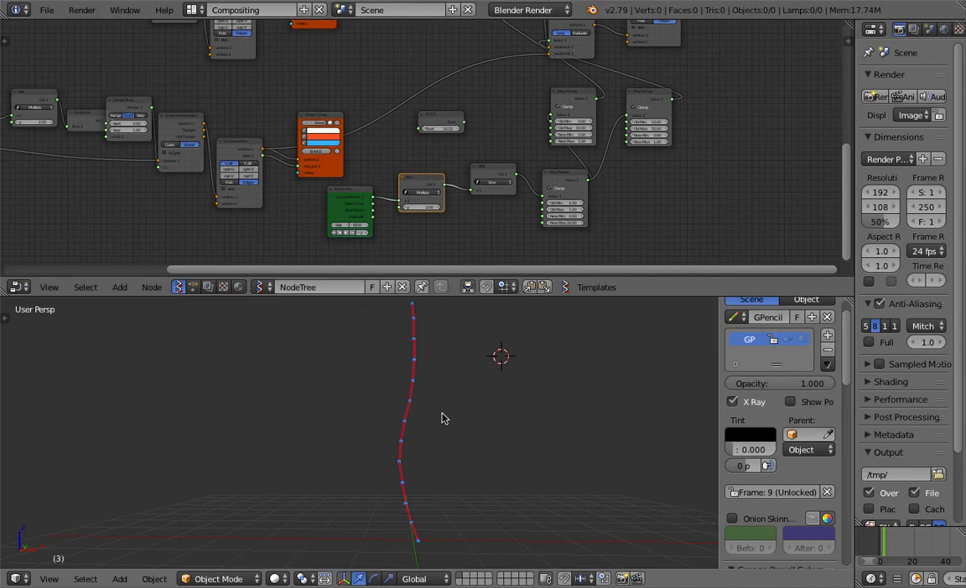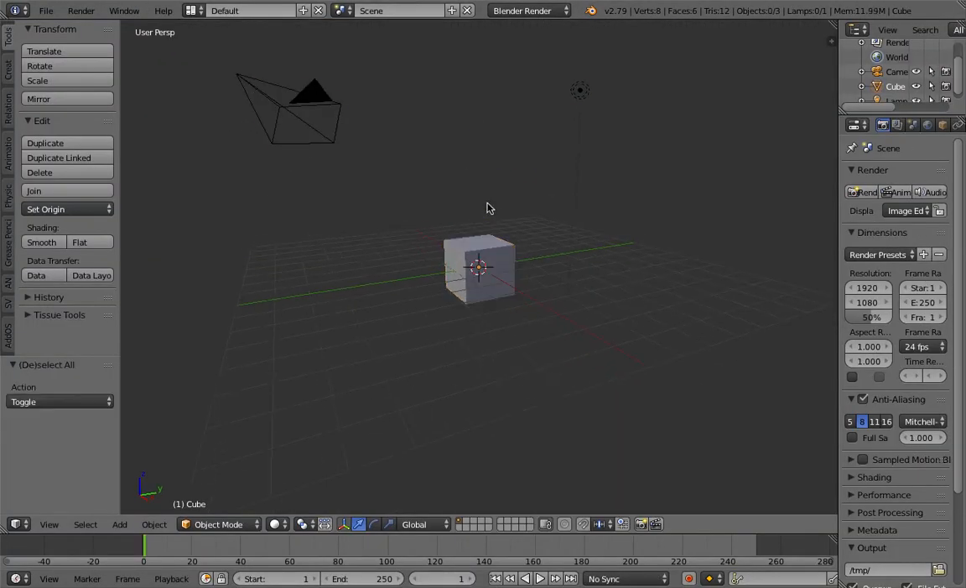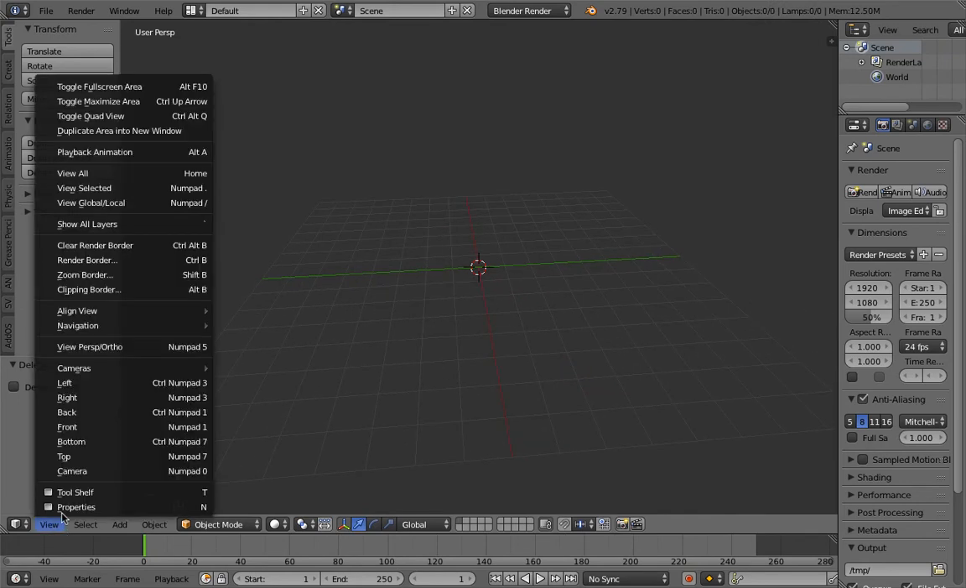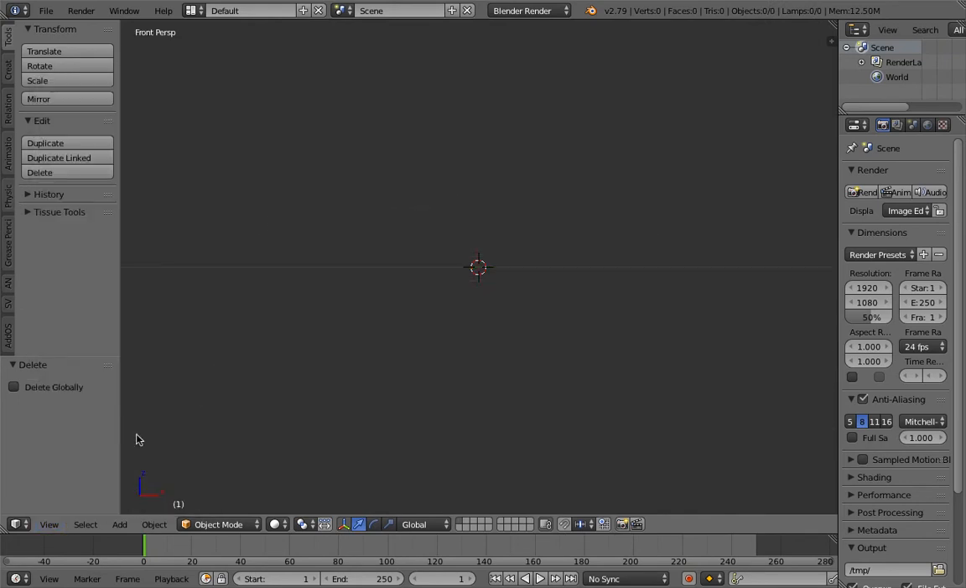So that's an example. So let's start from scratch. Don't look at the node. Don't be afraid of how big that node tree is. It's actually pretty simple. So basically, I'm gonna go to front view and ortho,